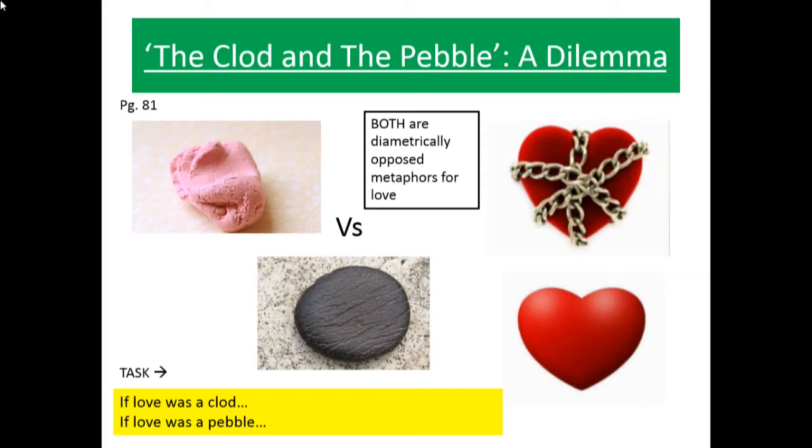Okay, let me get this straight. If you look at the poem, okay, the two different natural materials here, the clod and the pebble, they are metaphors for love. Okay, the poem's in two halves. Okay, the first half of the poem mentions the type of love that is represented by the clod and the open heart, the blossoming heart.